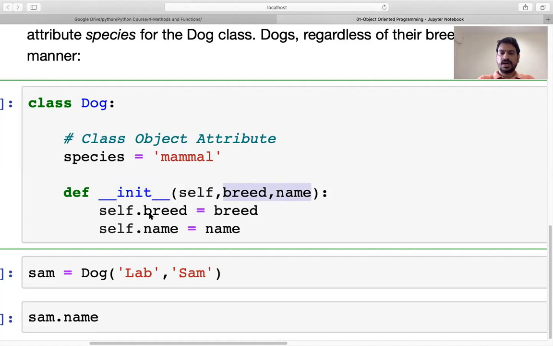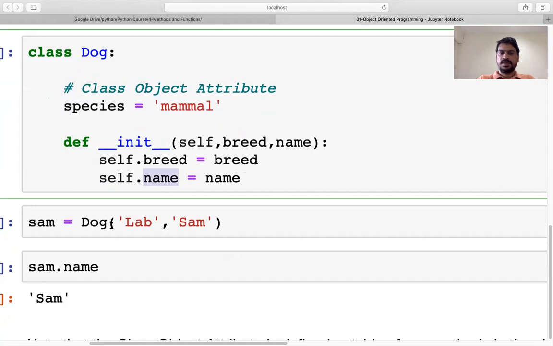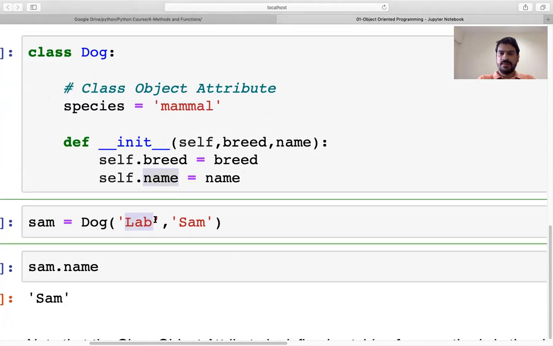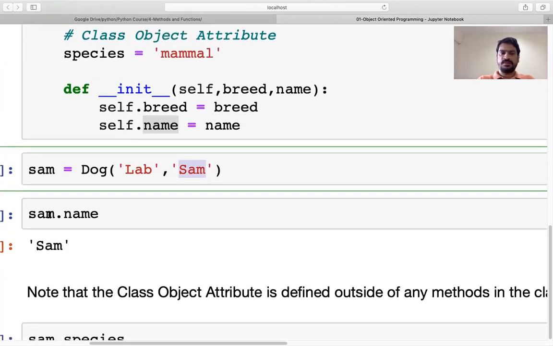If I create an object Sam and put the values lab and Sam, lab is the breed and Sam is the name. Getting it? If I want the name, I write sam.name, and it will give me the name of that object. In the same way, sam.breed will give me lab as the breed.